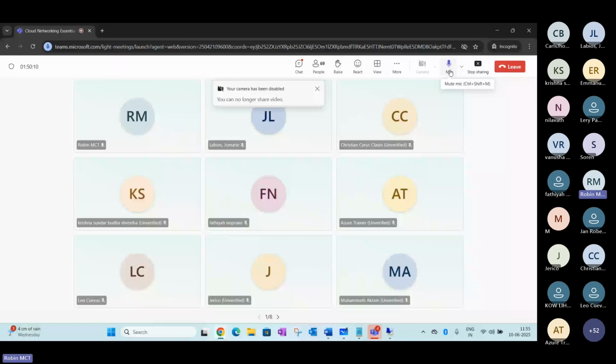So the public IP address is normally used for external communication. The public IP address is used for identifying the external communications here. Let me give you the range also.